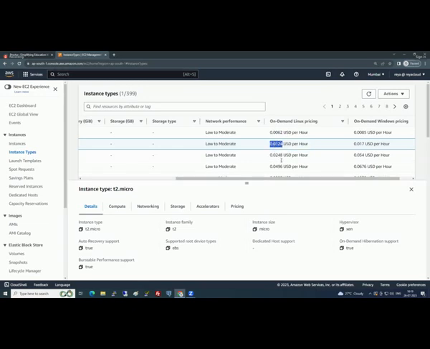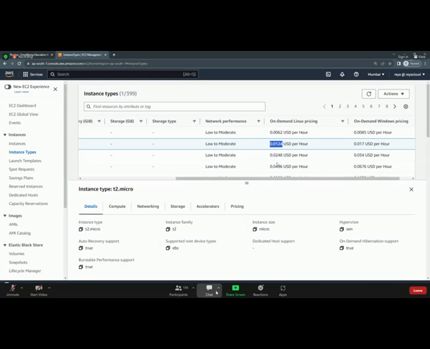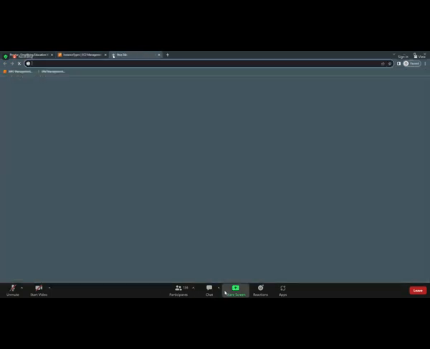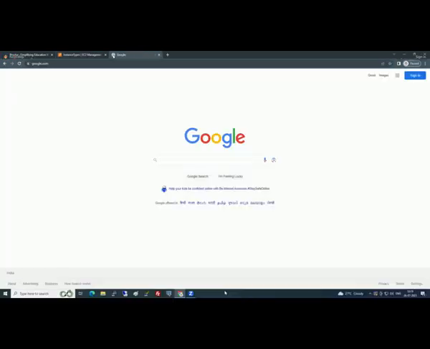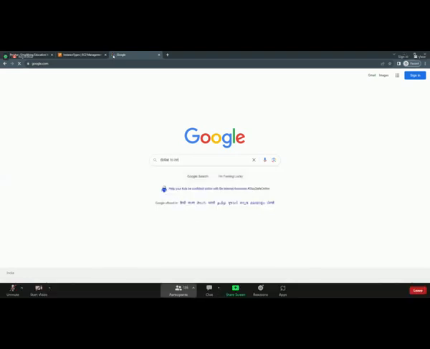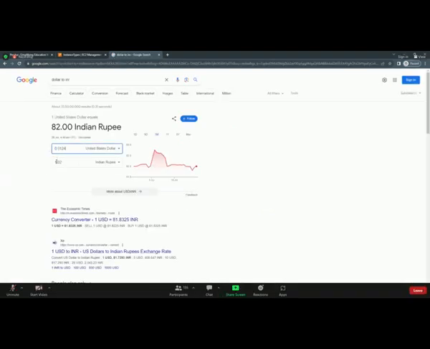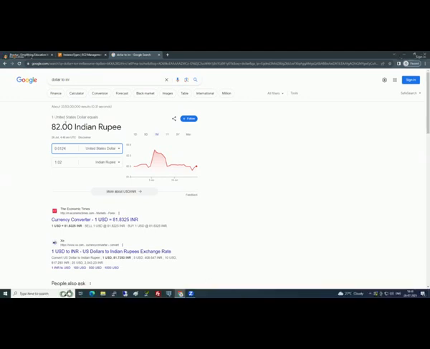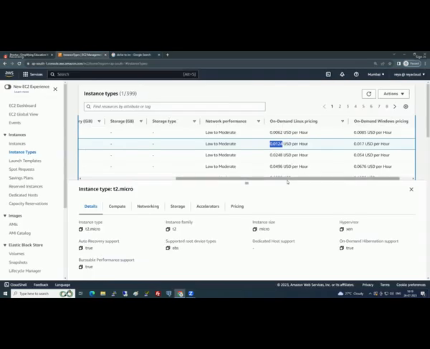You are paying this much. Which one is cheaper, Windows or Linux? Linux is cheaper. Do you see 0.0124? Windows is 0.017. If you convert this to Indian rupees, dollar to rupee, it is about 1 rupee per hour for T2 micro.